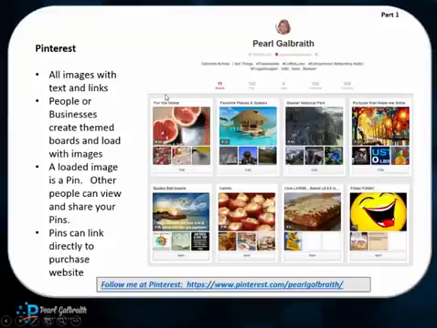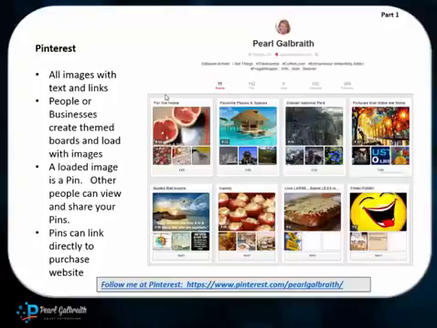An image that is loaded on Pinterest is called a pin. And so if you share a visually creative image that speaks to your company, your product, or something that you're offering, if people like that image, they can share it on their Pinterest wall, which means that everyone who follows them can now see your pin. And your pin can be taken forward. More and more people can share it going forward.